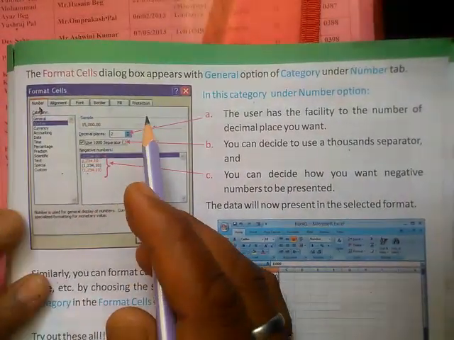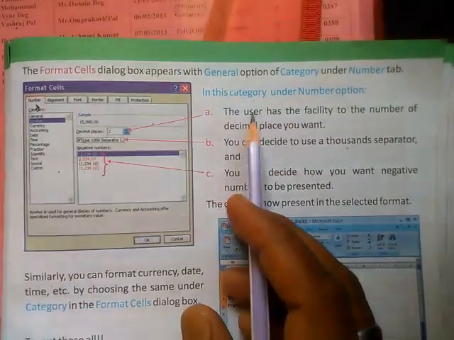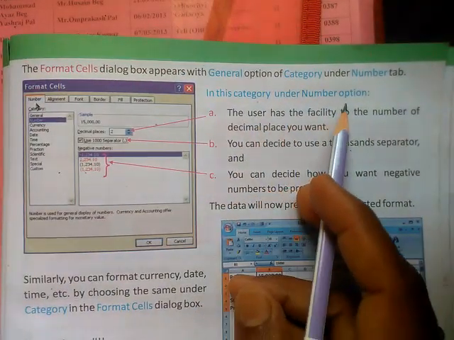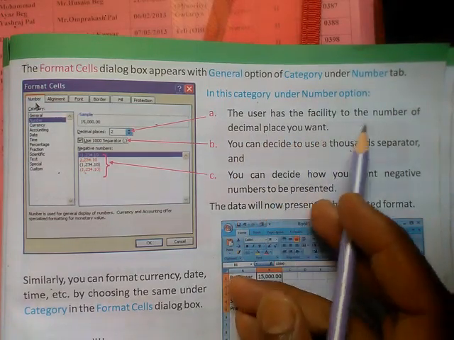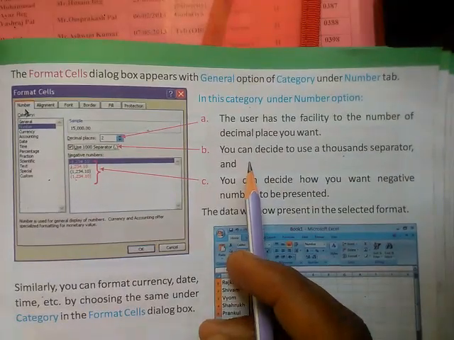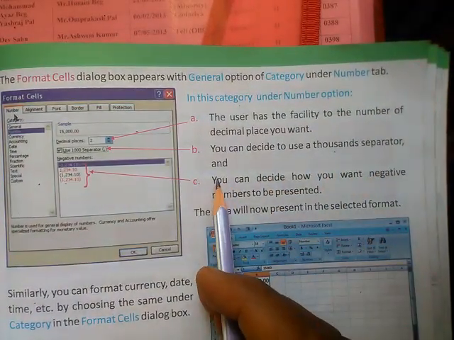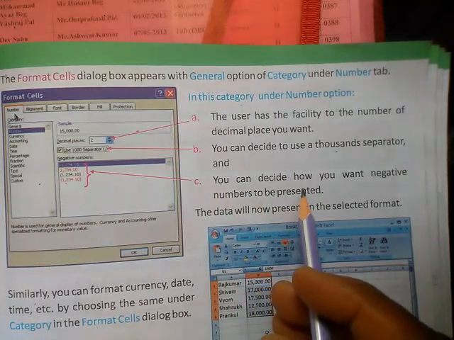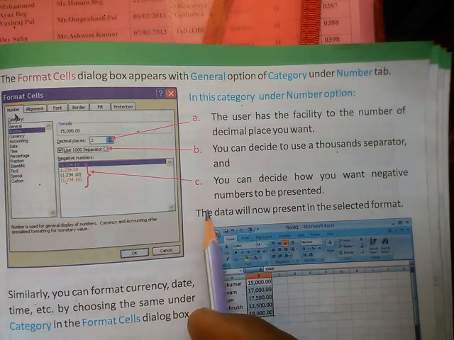The Format Cells dialog box appears with the General option of category under the Number tab. In this category, under number options, the user has the facility to set the number of decimal places you want. You can decide to use a 1000 separator and you can decide how you want negative numbers to be presented.